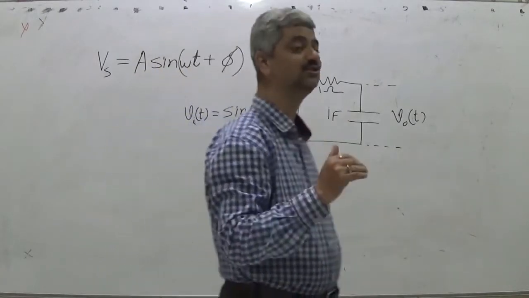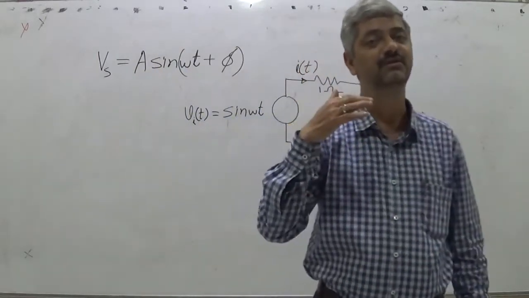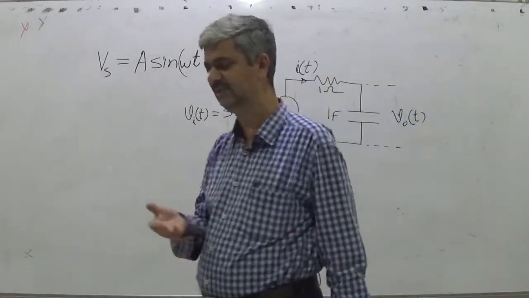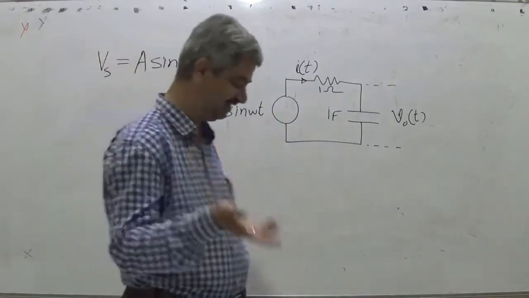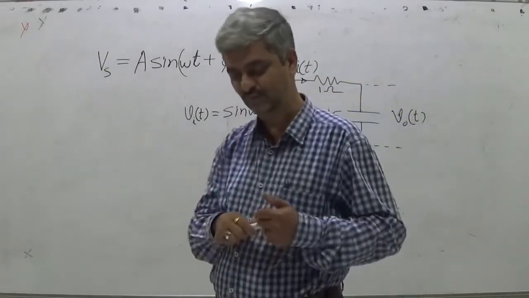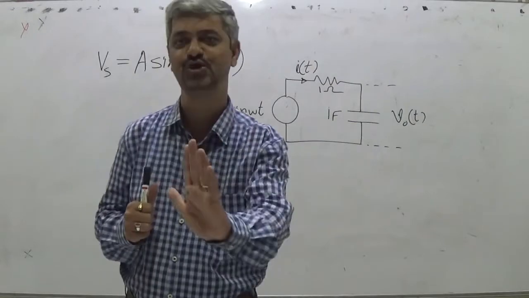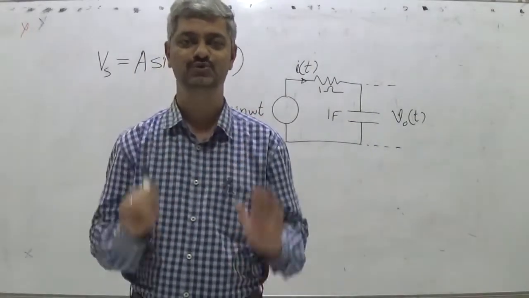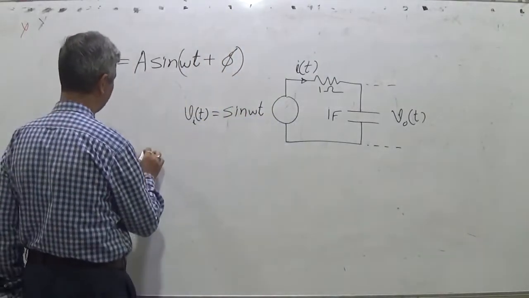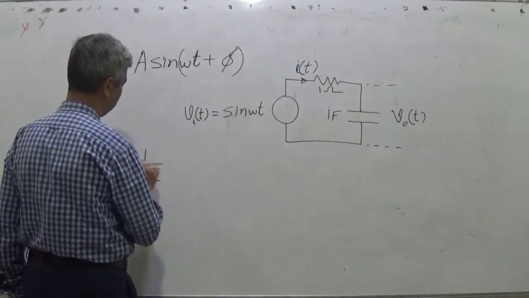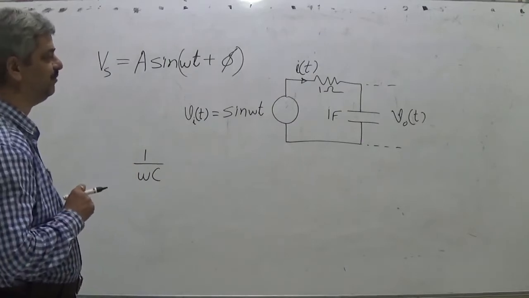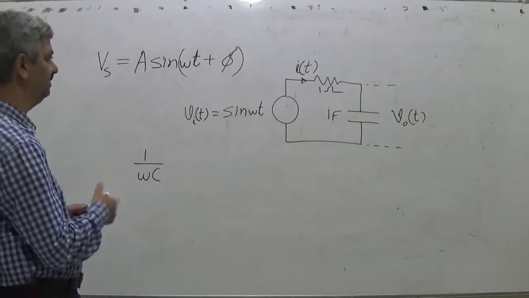One thing, please don't apply something which is known to you, which includes Z or Laplace transform. Those who have done something in 11th, 12th in vocational, should not apply it. Z should not be used for that purpose. So we have seen that impedance of a capacitor is 1 upon omega C, and there is an angle difference.